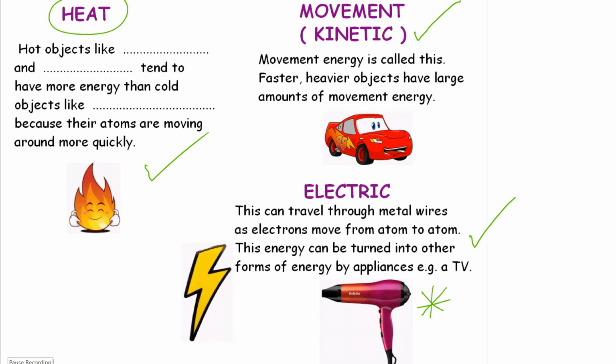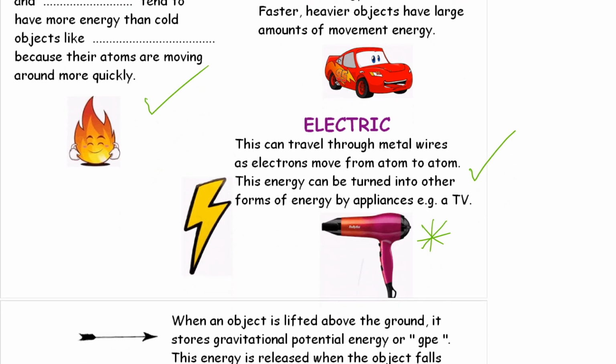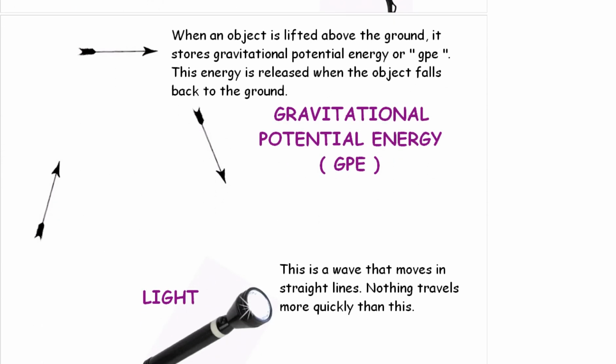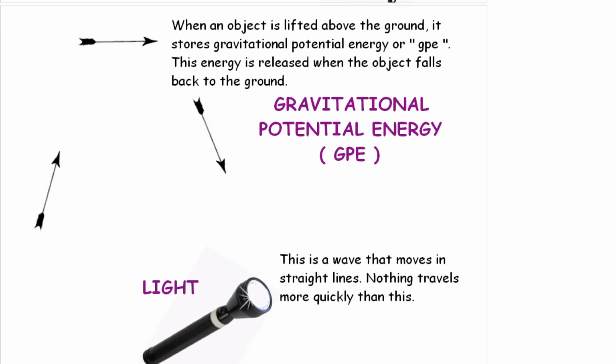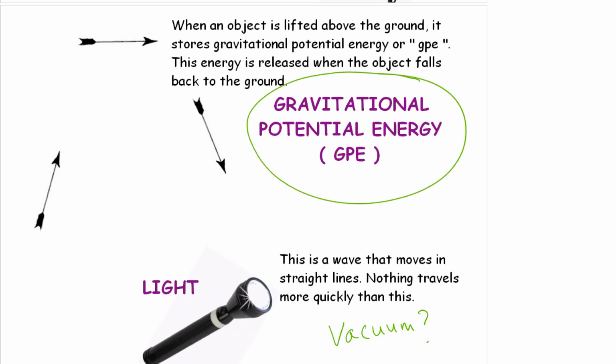And now we move on to the final two types of energy. Light. Light is a wave that moves in straight lines. Nothing moves more quickly than light. Why don't you use the internet to find out how quickly light can travel through a vacuum? You might be a little bit surprised how quickly light waves can travel through space. And the last one,